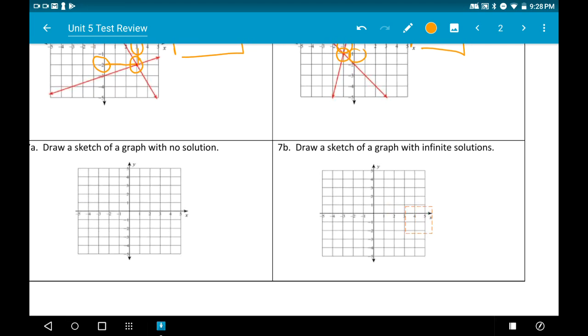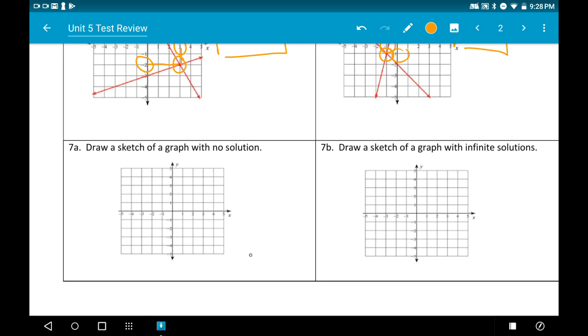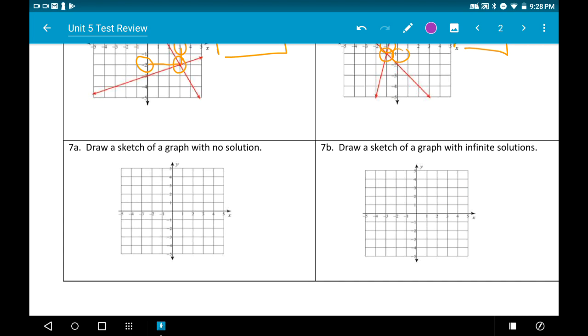Number 7 says draw a sketch of a graph with no solution. So two lines with no solution. If they don't have a solution, that means they're never going to touch each other. So a graph with no solution would have to look like this. These two lines are parallel, and remember, parallel lines have no solution because parallel lines will